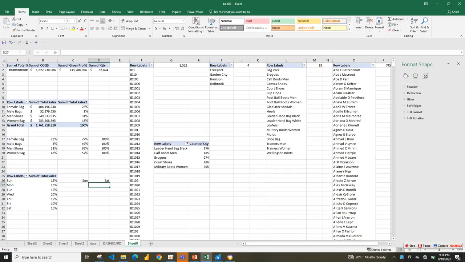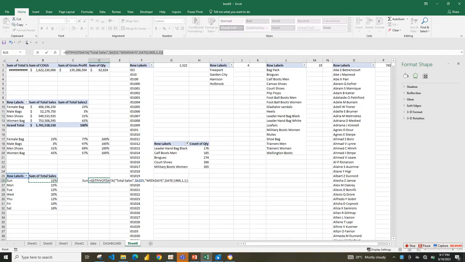I want to use a tree map. So if I use a tree map, I'm not going to be, okay,